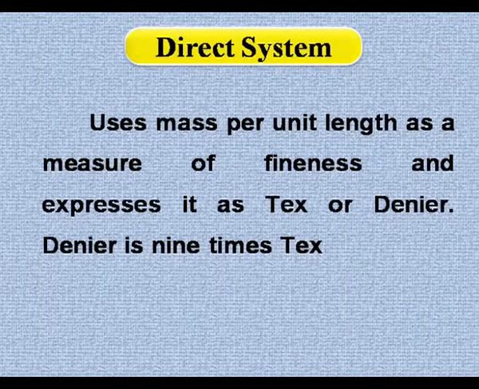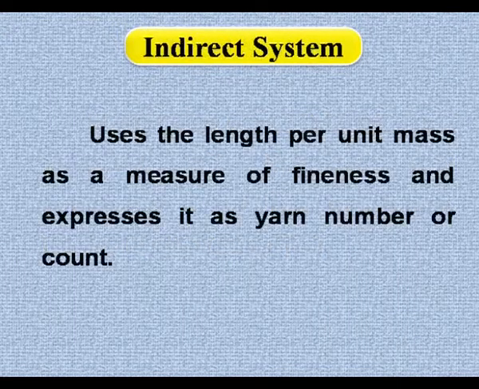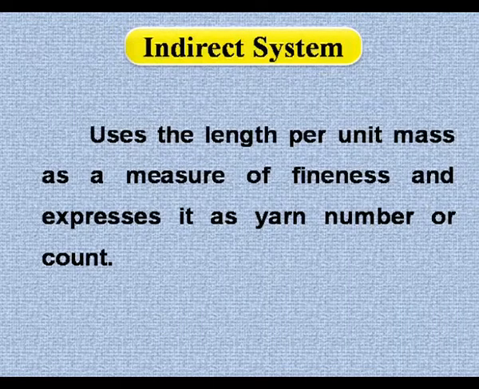uses mass per unit length as a measure of fineness and expresses it as tex or denier. Denier is 9 times tex. Indirect system uses the length per unit mass as a measure of fineness and expresses it as yarn count or